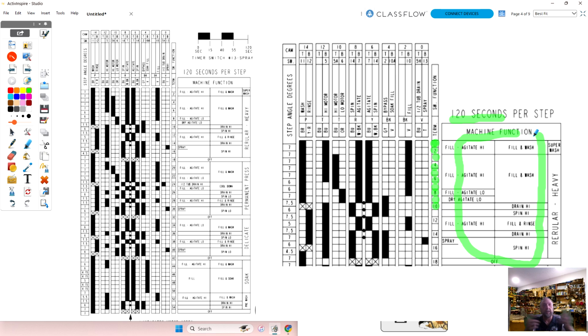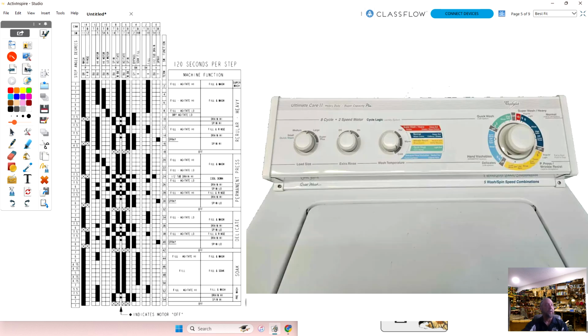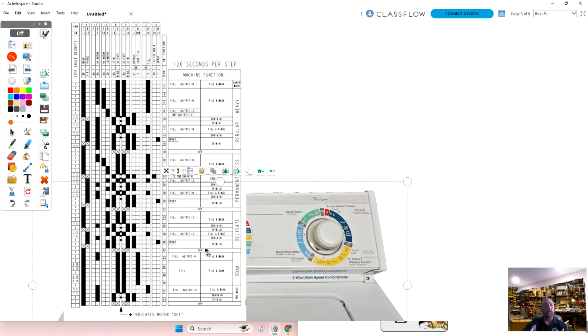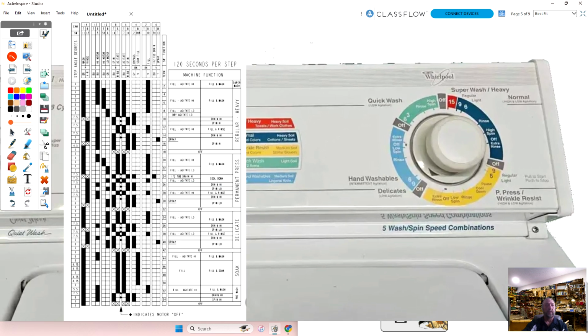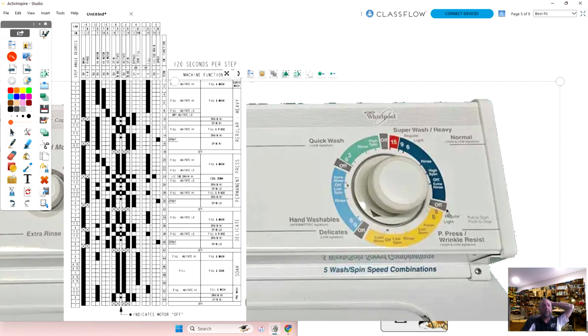So I'm going to go to another slide and then come back and forth to this. If we look at this washing machine here, and let me zoom in on that for a second, you have to look at the timer cycle here, and this is how we look at it. We have several cycles here. We have a normal cycle, a permanent press, a delicate hand washable, which is the same cycle, and then a quick wash. Normal is also called heavy.